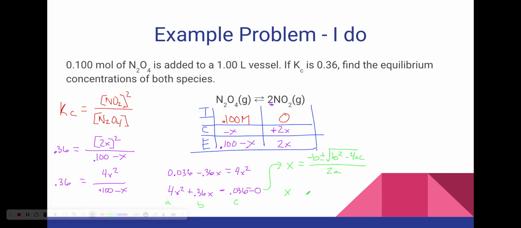So when we plug this in, we're going to say x is equal to the opposite of 0.36 plus or minus the square root of b squared. So in this case, it's 0.36 squared minus 4ac, which is going to be 4 times 0.036, all over 2 times 4. Okay, and then you're going to solve for x. All right, so go ahead, plug that number into your calculator. You should get x is equal to